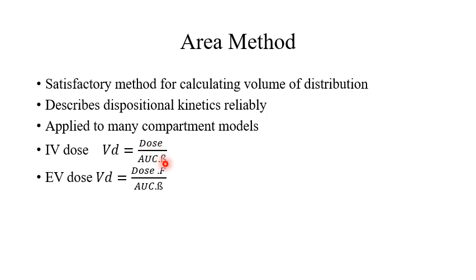Beta is the slope. It means it is the rate constant for the elimination phase. And F is the fraction of the absorbed drug reaching the systemic circulation. In case of an IV dose, this F is always equal to 1, so that's why we have not written it in the above equation, because F is equal to 1 and complete bioavailability is present. The value of volume of distribution basically serves as a proportionality constant relating the plasma concentration of the drug to the total amount of drug present in the body.